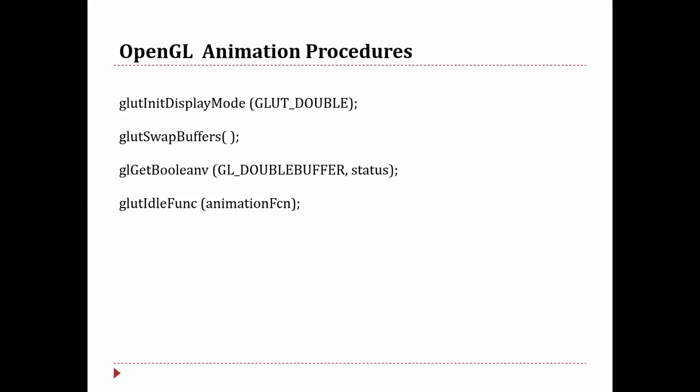That means if I need two buffers, we just said that when we are using animations, it's always better to make use of two buffers so that the frames can shift from one buffer to another. In order to do so, we use the function glutInitDisplayMode with the argument GLUT_DOUBLE. This provides two buffers for us, called the front buffer and the back buffer, that we can use alternately to refresh the screen display.